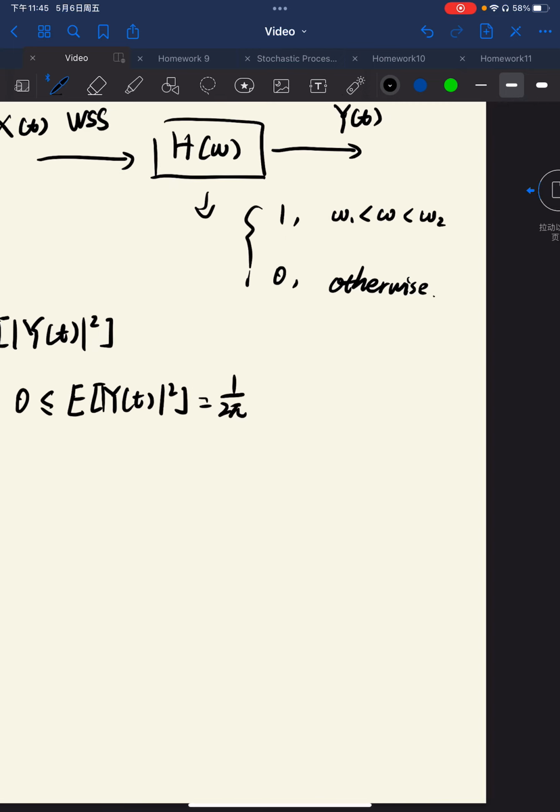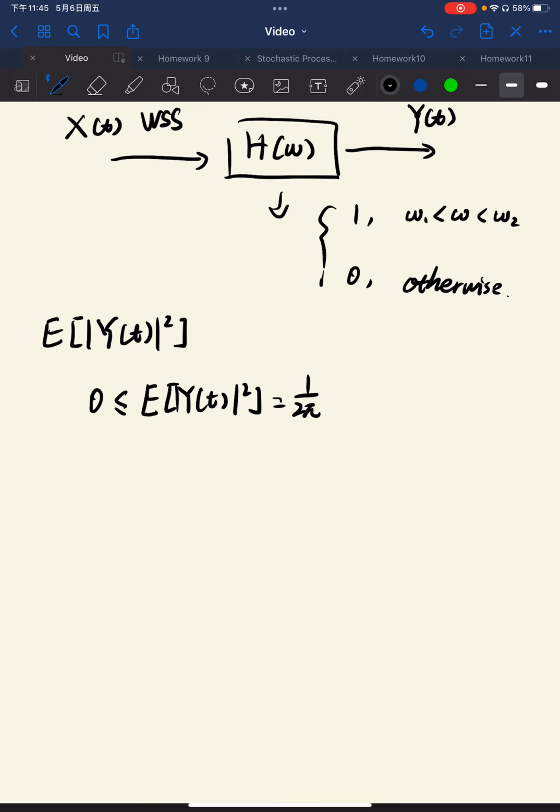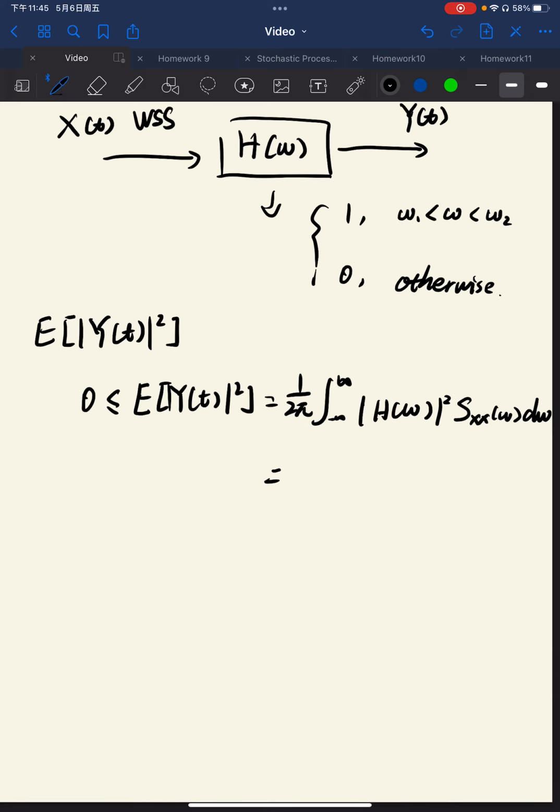And this one, on the area level, will equal the bandpass and the power spectral density. Since only the band can pass, it will equal 1 over 2 pi times the integral from omega 1 to omega 2,